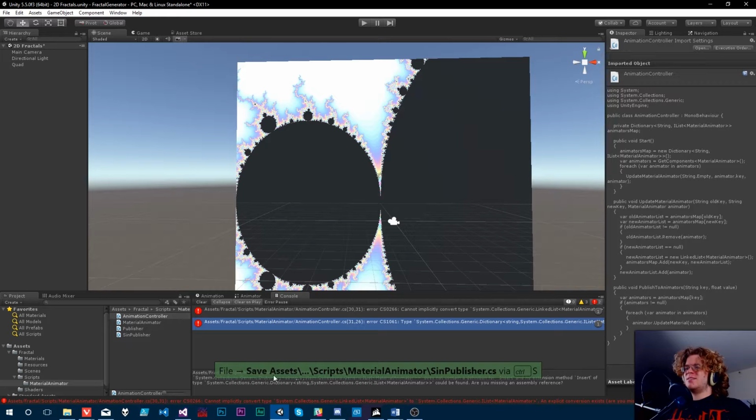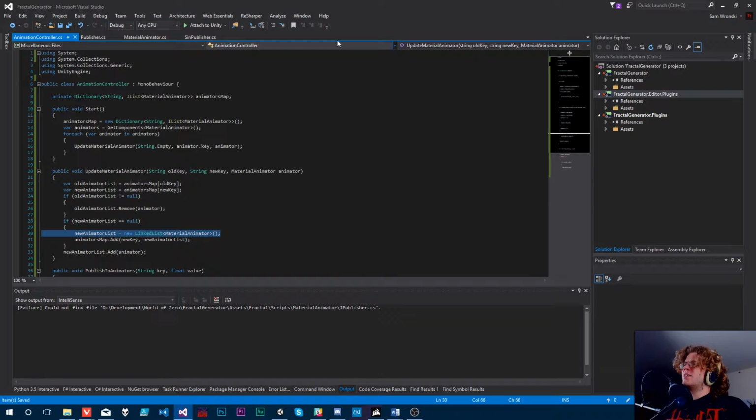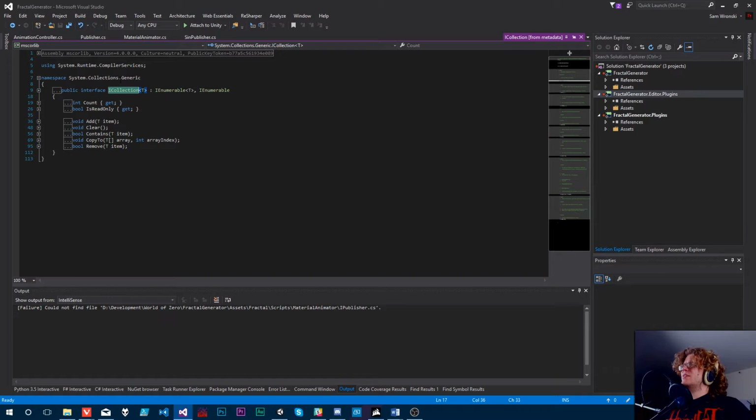How about add? Sorry, I have to guess in the dark because I do not have IntelliSense for whatever reason. And I can't actually... Oh, I can navigate to the type. Oh, it doesn't implement a list. That's really interesting. It does implement a collection though, so we can use that